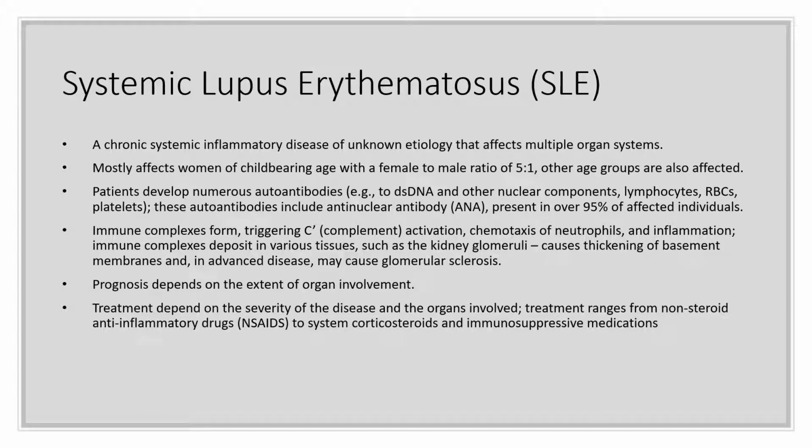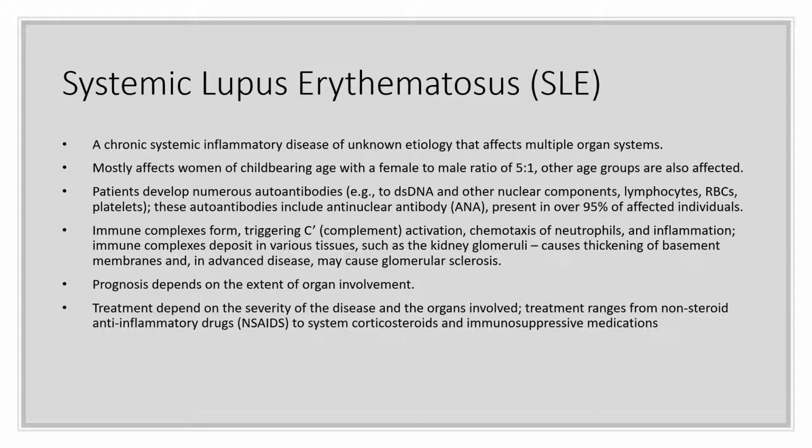So, lupus. The first of the systemic autoimmune diseases we'll talk about is lupus. It affects women far more than men. And for us, the double-stranded DNA is the biggie antigen. There are several antibodies involved, other nuclear components, lymphocytes, RBCs, and so on down the line. You'll see that once we get into the ANA chart for the antibodies.